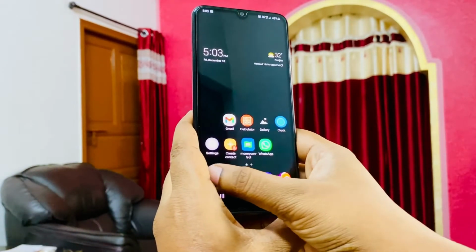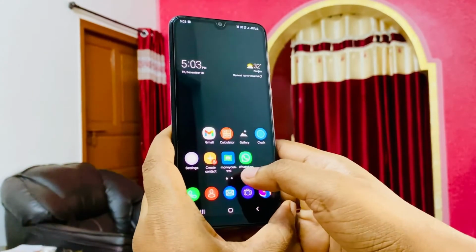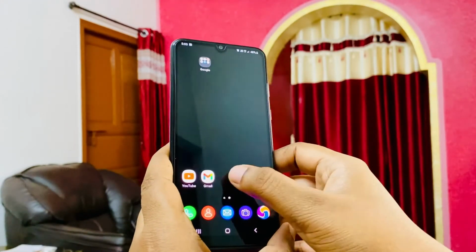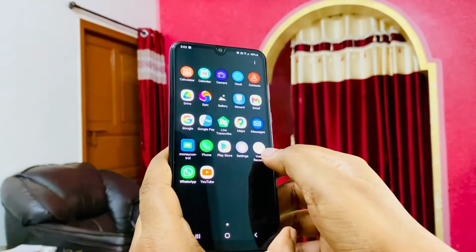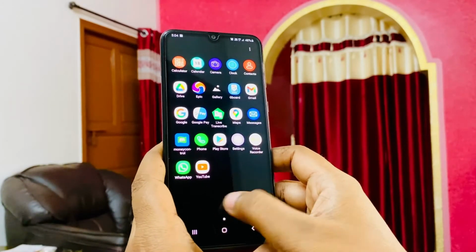Okay, so the performance is sort of snappy. Let me check some other things. This phone is not hanging, guys, like most of the other Samsung phones. Samsung has done a very good job with it, and the one which I have is a 6 GB 64